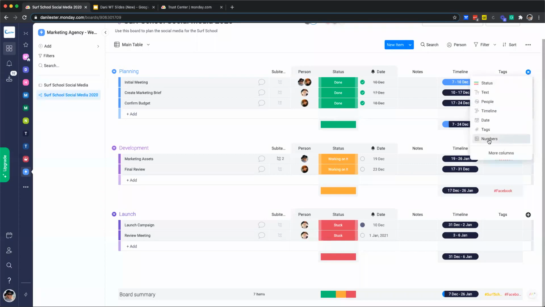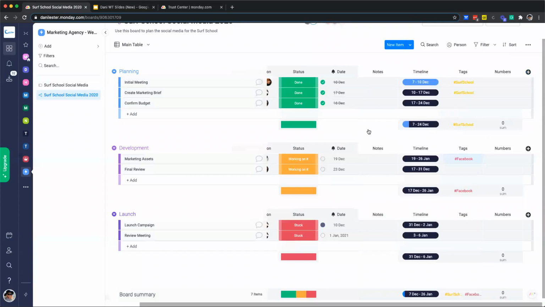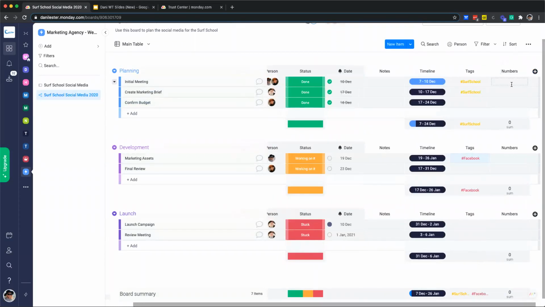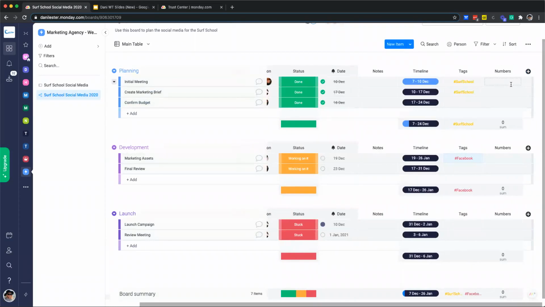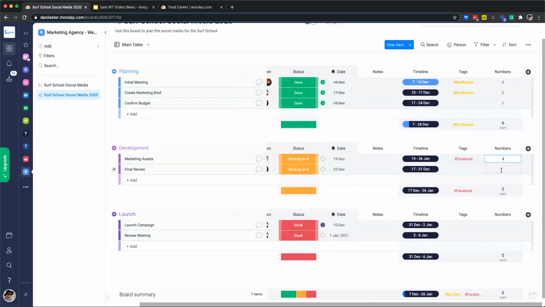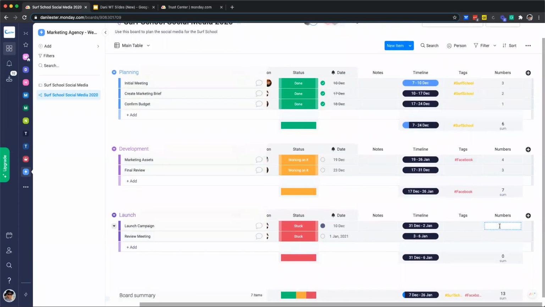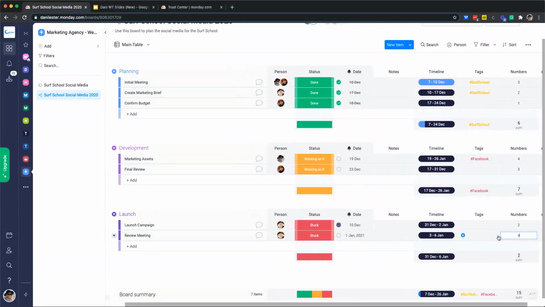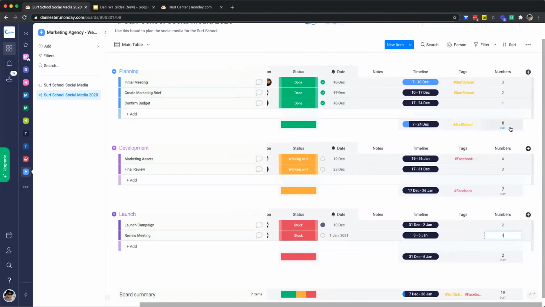Now, the last column that we're going to add in here is our numbers column. Numbers can be used to track lots of different information. Today, we're going to use them to track the number of hours that we want to take on each of our projects. So let's just pop those in. And you can see that by default, it's going to start to summarize the numbers in each of my groups. So I can see that I'm going to need 6 hours for my planning phase, 7 for my development, and